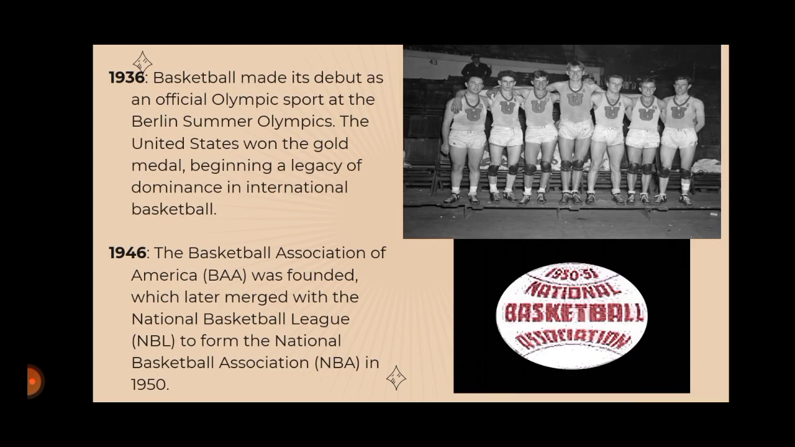And in 1936, basketball made its debut as an official Olympic sport at the Berlin Summer Olympics. And basing from this picture, the United States team won the gold medal, beginning a legacy of dominance in international basketball. And in 1946,